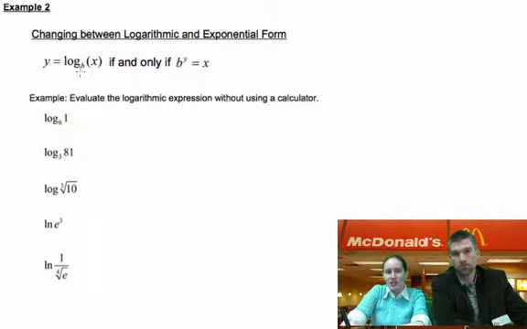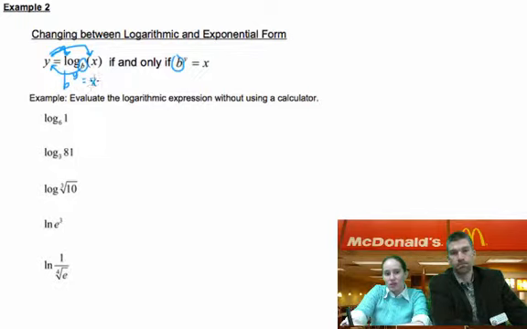exponential form. And in either case, you always want to start with the base, wherever it is, and then go in a circle. For example, if you're doing y equals log base b of x, you start with the base, and then you go in a circle. B to the y equals x. And remember, a logarithm is equal to its exponent, so that should help you organize a little bit what's going